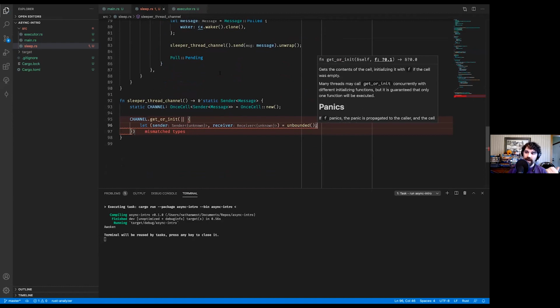It's the same idea. If you try to push to a channel, but the channel is full, you have to return pending. The channel has the waker. And when the channel is not full anymore, right, when something is popped off the front of the channel, it calls wake, which means that the future will be polled again, and we're going to attempt again to add something to the channel.